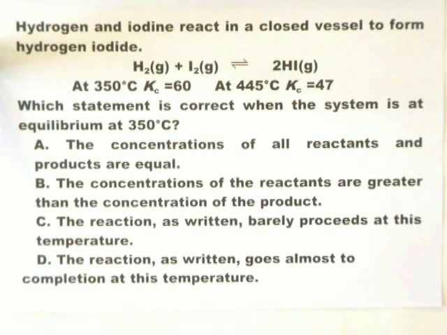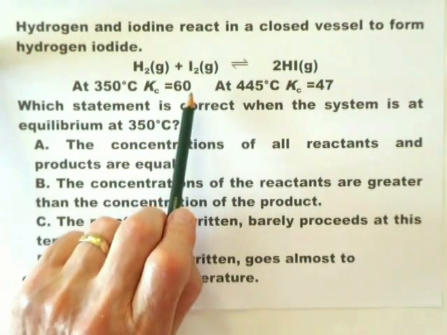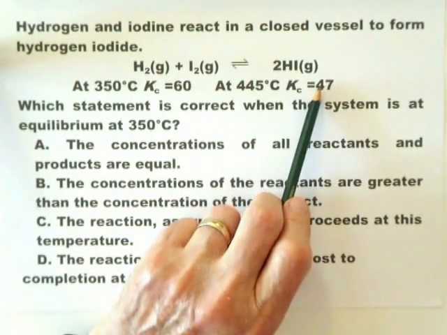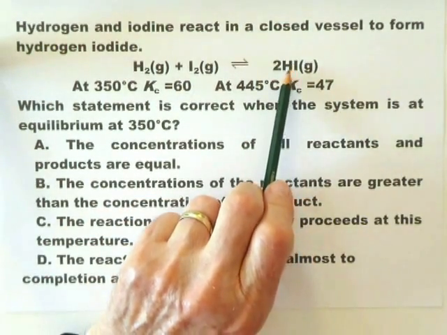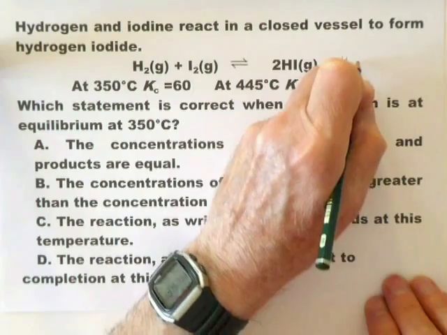This is one of those questions where they give you a lot of information and you wonder what kind of complex calculation you're expected to do. The reality is a lot of that information is not needed. All you need to realize is that if the Kc is 60 or even 47, that means the reaction goes really to completion. If you look at it, Kc equals